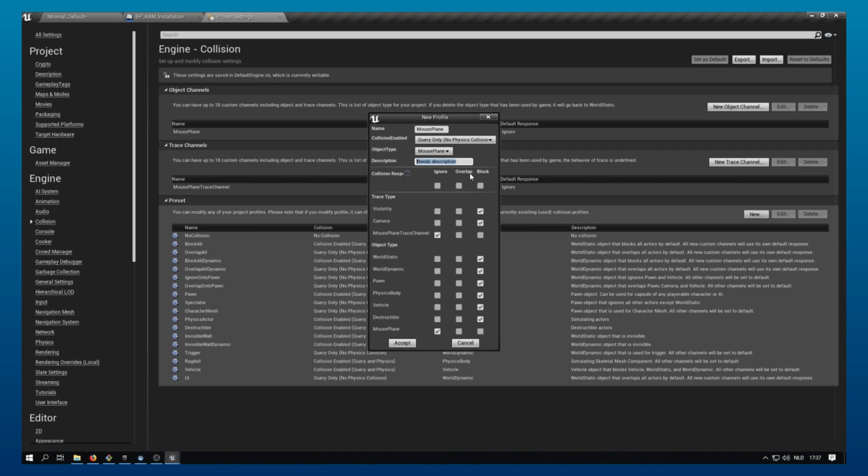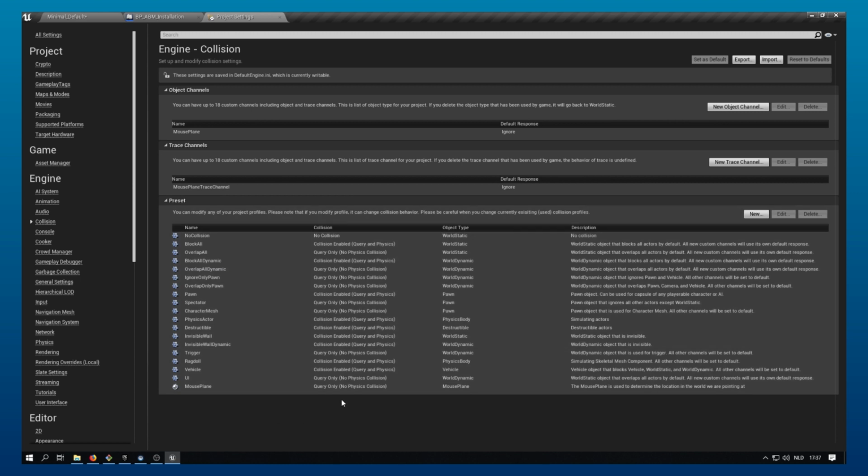And the description could be something like, the mouse plane is used to determine the location in the world we are pointing at. So the default response to everything would be ignore. And we are only going to block the mouse plane trace channel and the mouse plane itself. So accept. So we've just set up the collision channels,